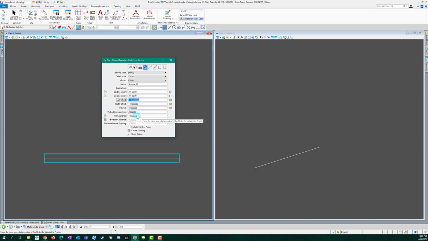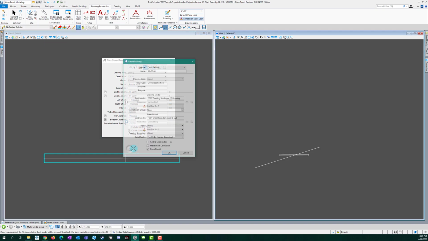Vertical exaggeration of 2 is correct, and these top and bottom clearances are essentially the clear space between the profile data and the profile. So it's anything it picks up in your view, it goes above and below that, so it kind of gives you a nice clean view of it. So we want to have this create drawing and show dialog box selected, so we're going to click to accept,